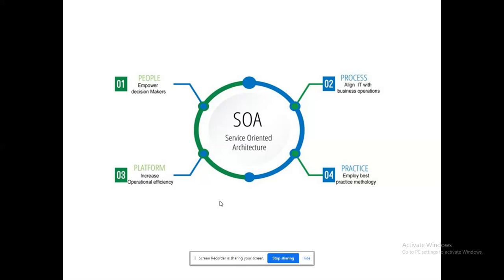Moreover, I could get the statistics that which technology is being best practiced.